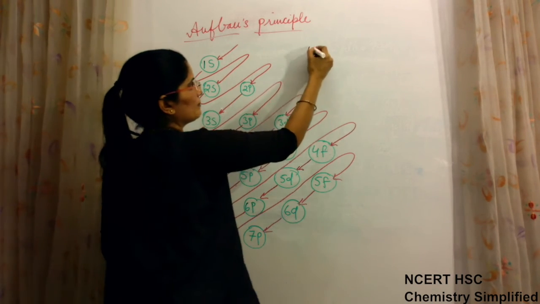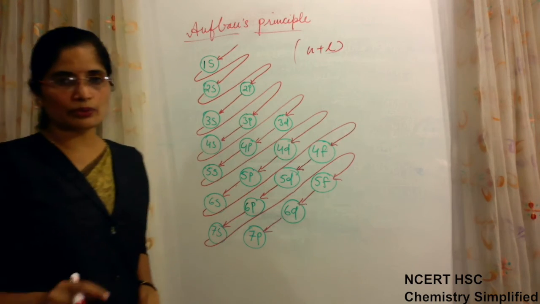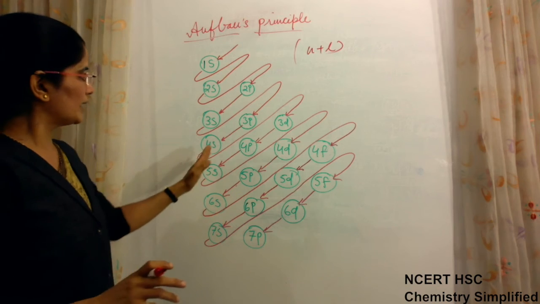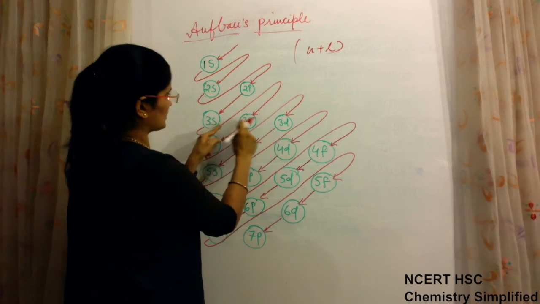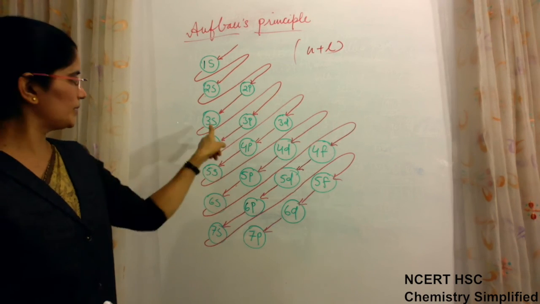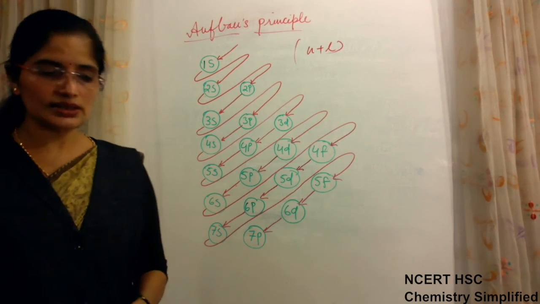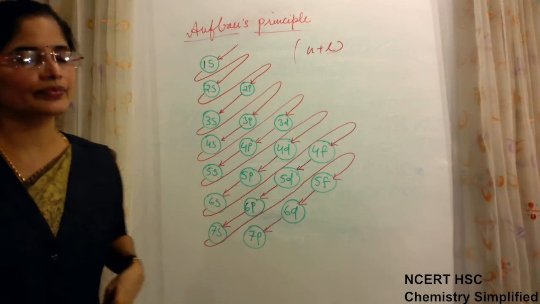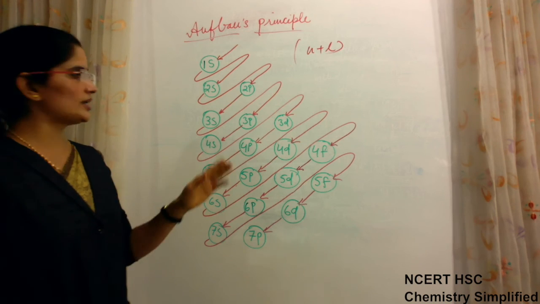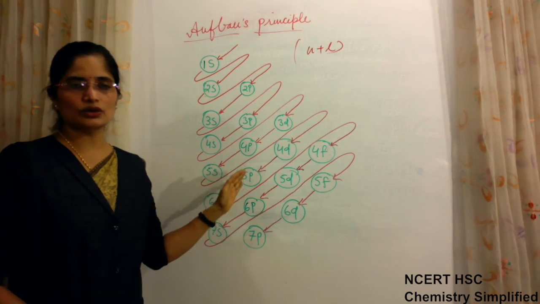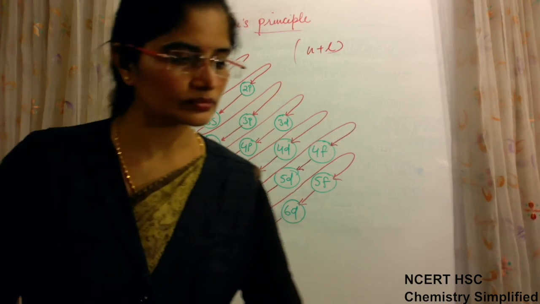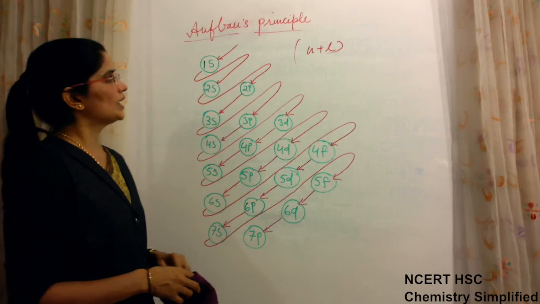Instead, it is better to use the n plus l rule if you cannot draw it properly. If you want to draw it, it is easy: just give proper spacing between these, and all should come one under the other. Then only will it make a proper line. So this is the energy level diagram for the Aufbau principle, or instead of the n plus l rule, you can follow this to do the filling of electrons in various subshells. So this is all about the Aufbau principle.